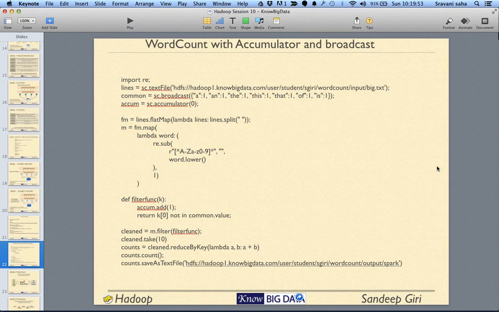No, broadcast sends it out. Broadcast is the variable using which you coordinate. These are two different syntax. Using broadcast, you communicate. And then there is another thing called accumulator. Accumulator is like each node can report the progress to a central node. It's a one-way mechanism. So accumulator and broadcast are two different things.